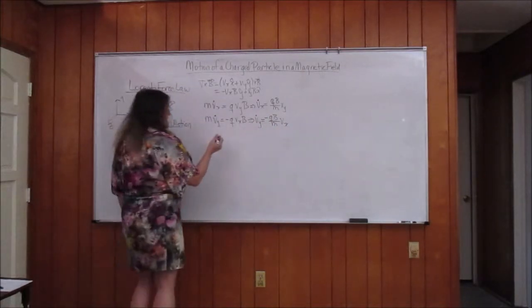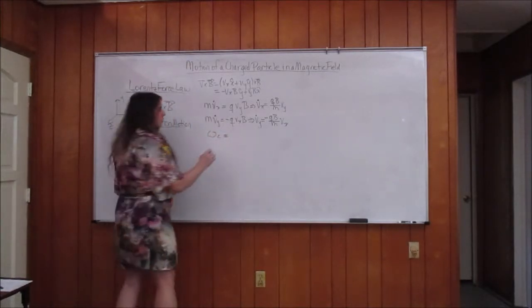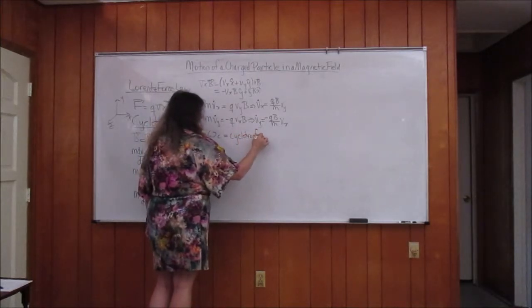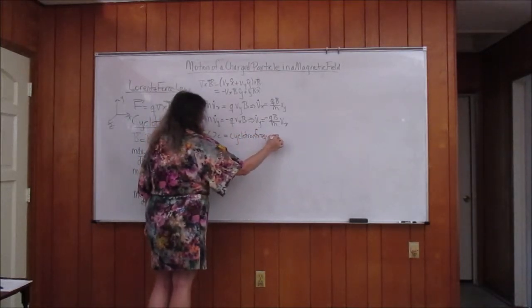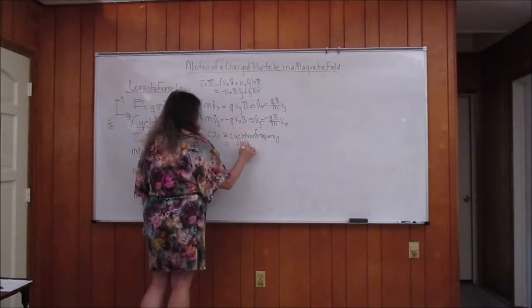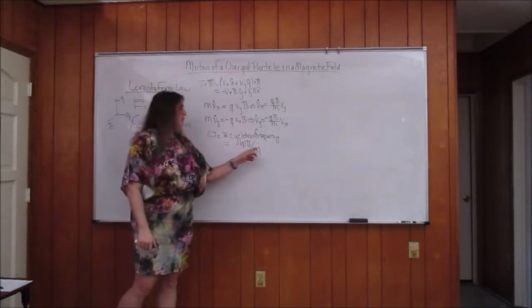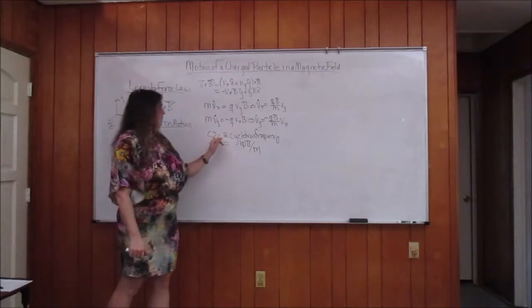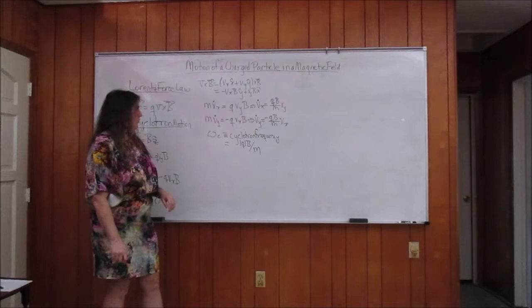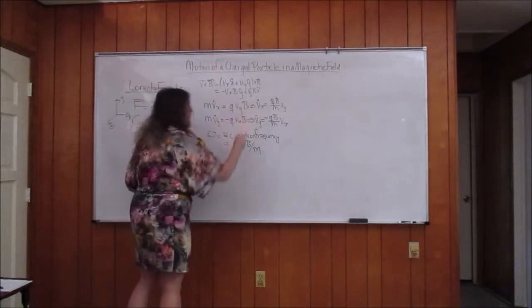I'm going to introduce a new symbol here, and this is the cyclotron frequency, and that's equal to the absolute value of Q times B over m. Now notice that I'm defining the cyclotron frequency such that it's always a positive number, which is why I use the absolute value signs. Therefore, when I rewrite my coupled equations,